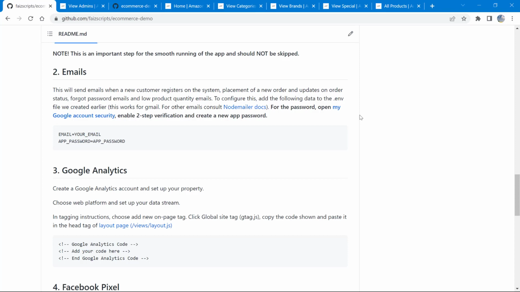So for the password of the email, you will open your Google account security. You can just get to this by clicking on this link, and then enable two-step verification and create a new app password. So the new app password will be a password to your Google account that will be specific to this app. So you won't be using your actual password, but this new app password instead. So paste this too